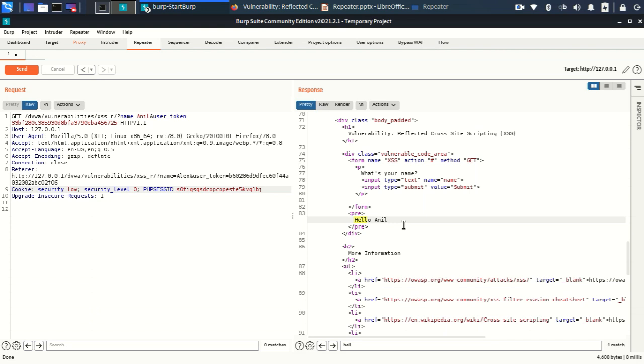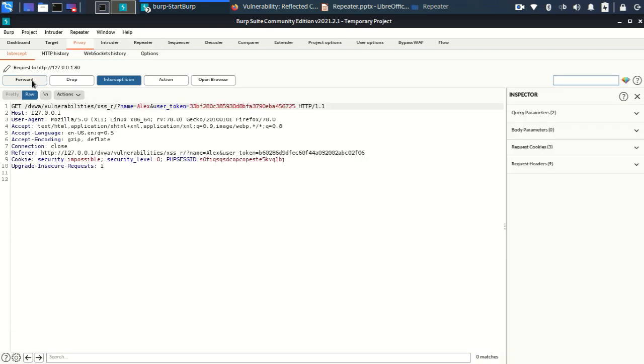let's go to my proxy tab and simply let me forward the request. Okay, I'll change here Anil, and then I'll forward the request and I'll make it low.